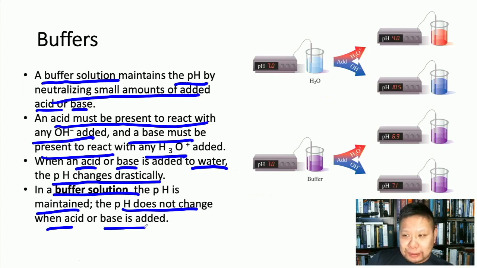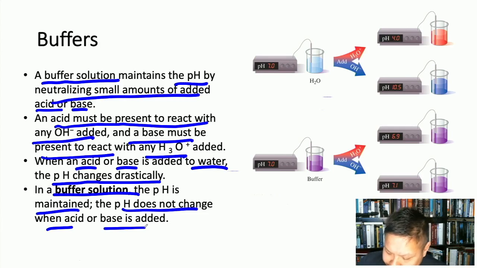So you have carbonic acid, and you have its conjugate base, which is bicarbonate, and it goes back and forth accepting protons so that your pH stays normal in your blood. And that's how your blood resists drastic pH